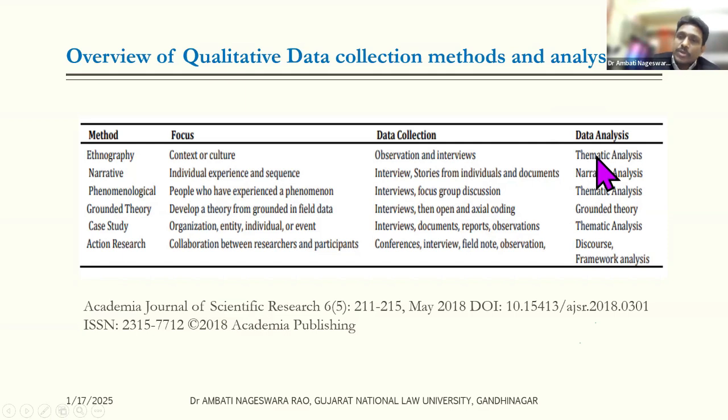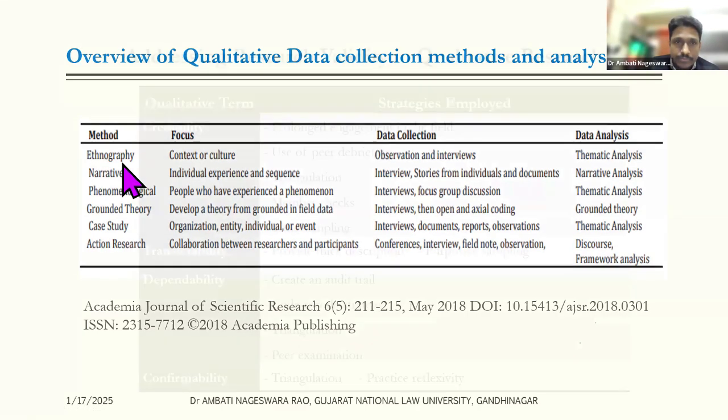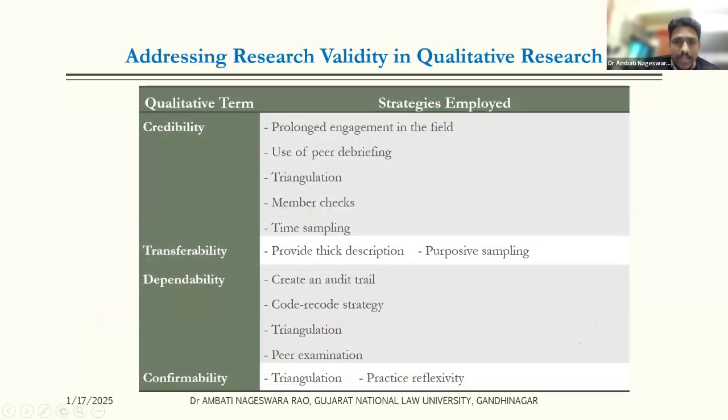You can also use a combination of thematic analysis and content analysis, depending on your stakeholders and your target group members. They can do so many aspects. But these are the popular, repeated studies. Based on that, we got one scholar who published an article here. Okay, last slide. When it comes to addressing research validity and reliability issues in qualitative research, credibility means you're talking about the internal validity of your research work.